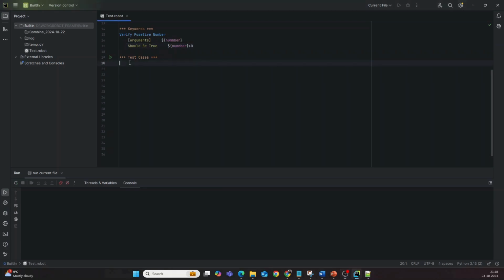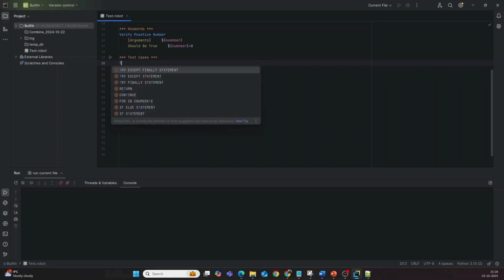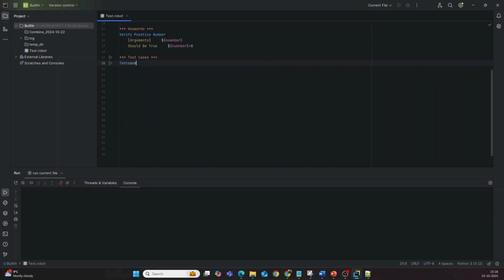Let us write a test case. Test case valid, which is taking the value as 1, right? So we'll call this particular keyword passing it as 1. Okay, next one is